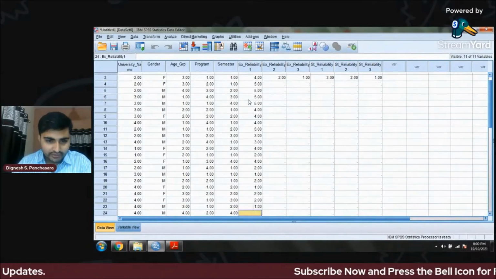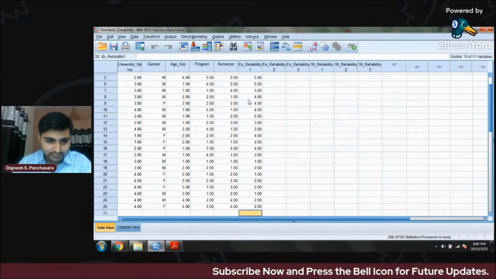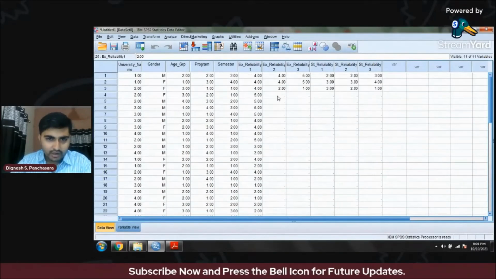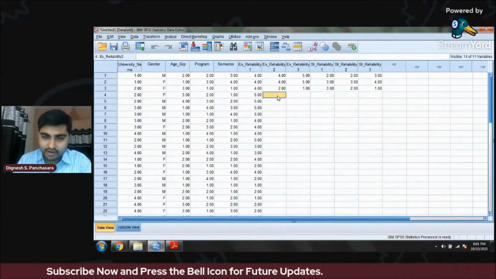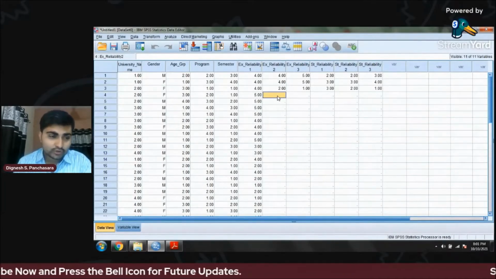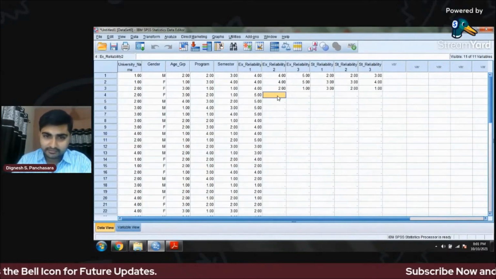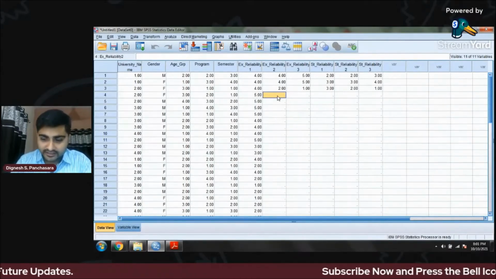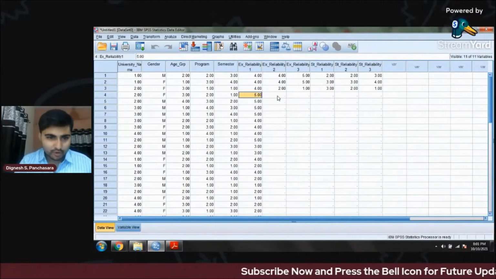If you have a questionnaire, you can observe how respondents are filling in the data, and you have to remember exactly what kind of coding we have done and enter the data accordingly. For example, expectation, I'm copy and pasting.